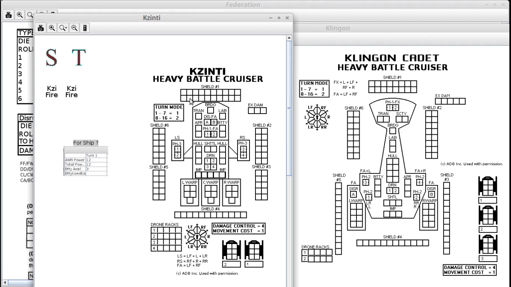And if we take a quick look at the shielding, let's do a quick count. 20 shield on the number 1 for the Kzinti. 16 number 1 for the Klingon. But let's take a look at the side shields. 16, 12 on the Kzinti, 12 on the Klingon, 10 for the Kzinti, 12 for the number 4 for the Klingon,